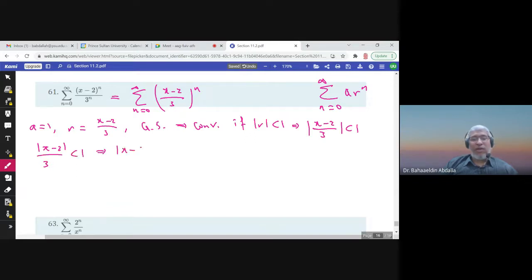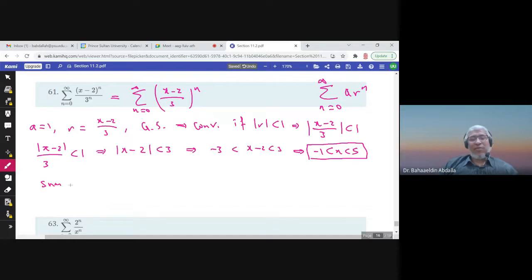Multiplying by 3, I have the absolute value of x minus 2 is less than 3, using the definition. So x minus 2 is between negative 3 and 3. Adding 2 to all sides, negative 3 plus 2 is negative 1, and 3 plus 2 is 5. So these are the values of x for which this series is convergent,